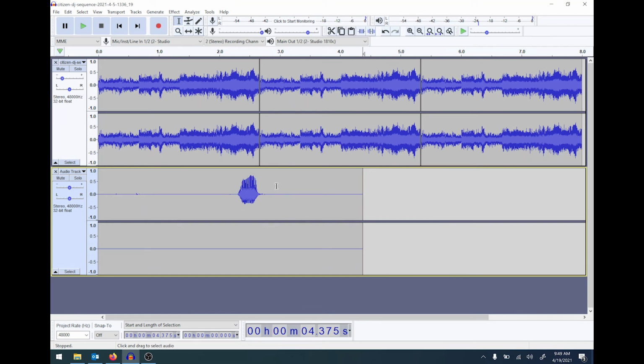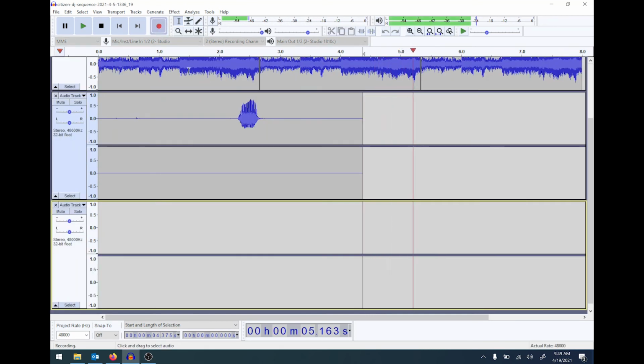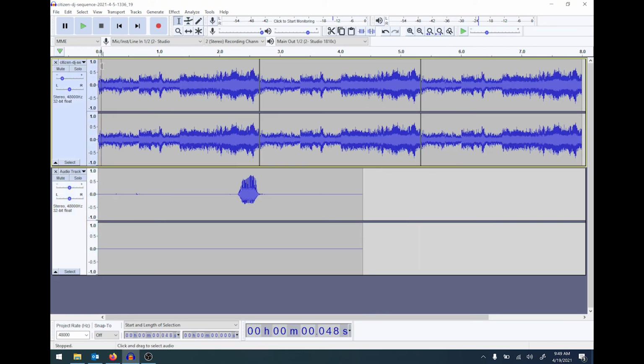But we've got one layer now, and you can go ahead and just keep adding as many layers as you want. So if I hit record again, remember we said record on a new track. So if I hit record again, here, let me stop because I had left my cursor there, so it started recording from that point on as opposed to from the beginning. So let me go back to the beginning, and now if I hit record,